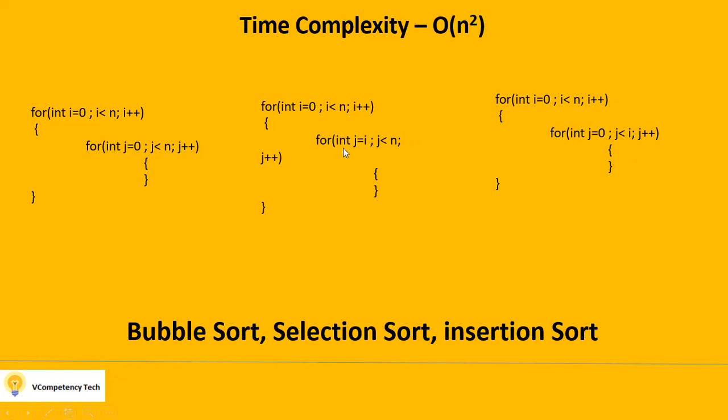So if you write this kind of program and somebody asks you what is the time complexity of your program, then immediately you need to see how you have written your program, how many loops are there and going, how many nested loops are there. And you need to tell that O n square because two nested loops are there and which are running n times or similar. So the examples are bubble sort, selection sort, insertion sort. If you are writing a program like that or similar to this program, your time complexity is O n square.